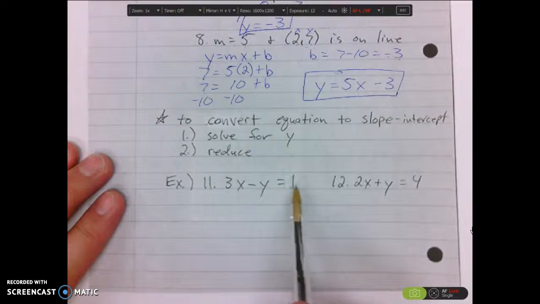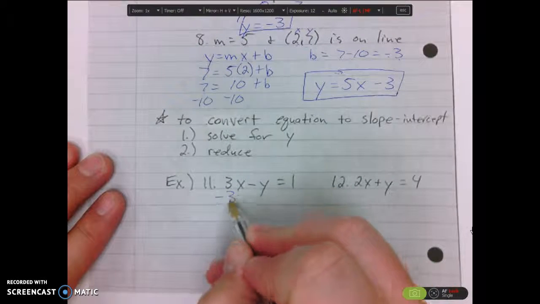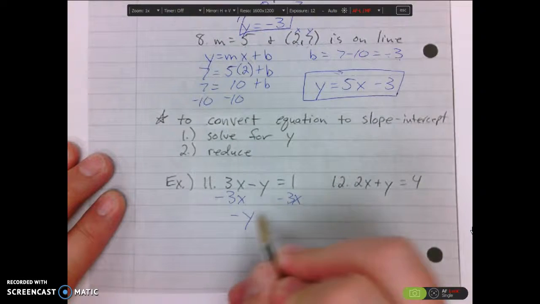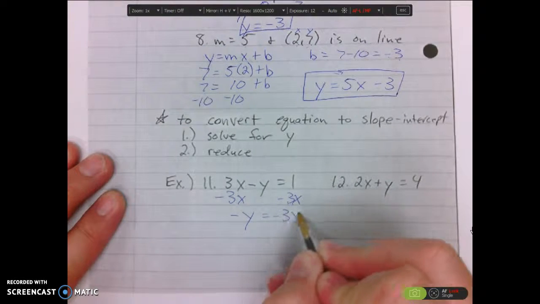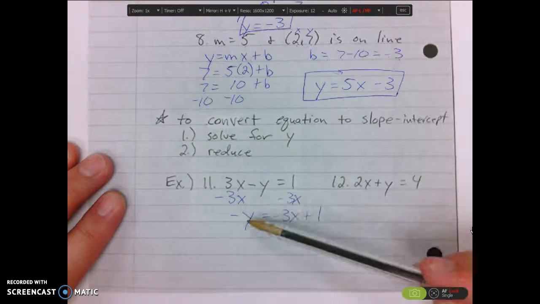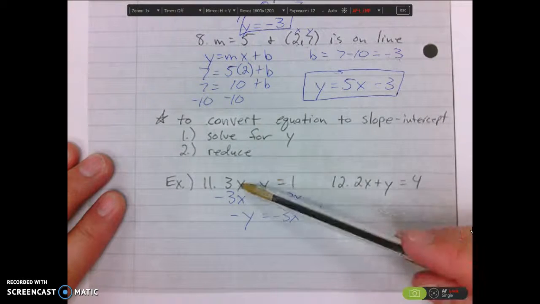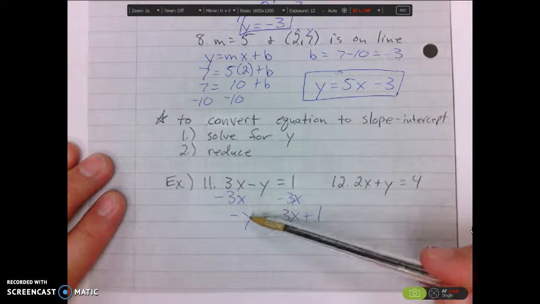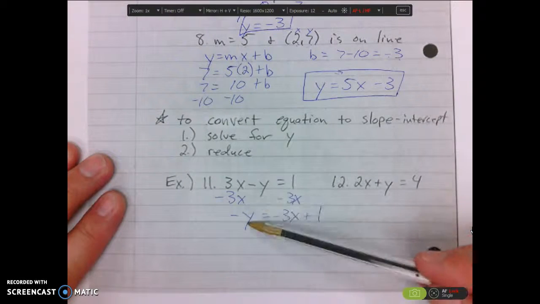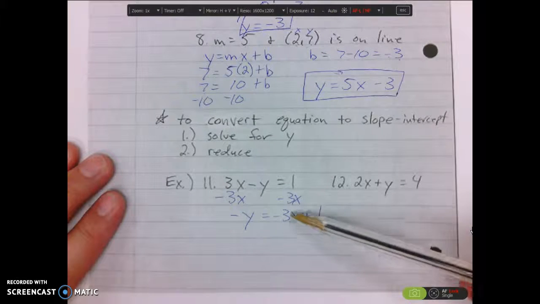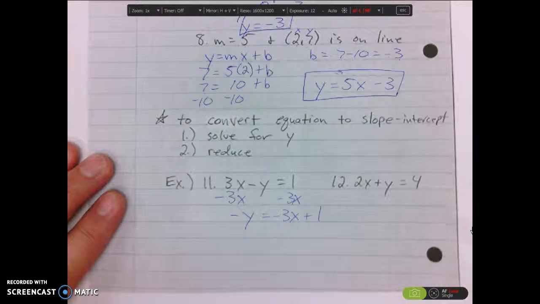3x minus y equals 1. I would have to subtract 3x from both sides first. And so I get negative y equals negative 3x plus 1. So again, I always want to get the y by itself. I can't figure out the slope unless the y is by itself. I can't figure out the y-intercept unless the y is by itself. So I want to solve for y first, and I did put the negative 3x first. I could have put 1 minus 3x, but because x goes first in our format,